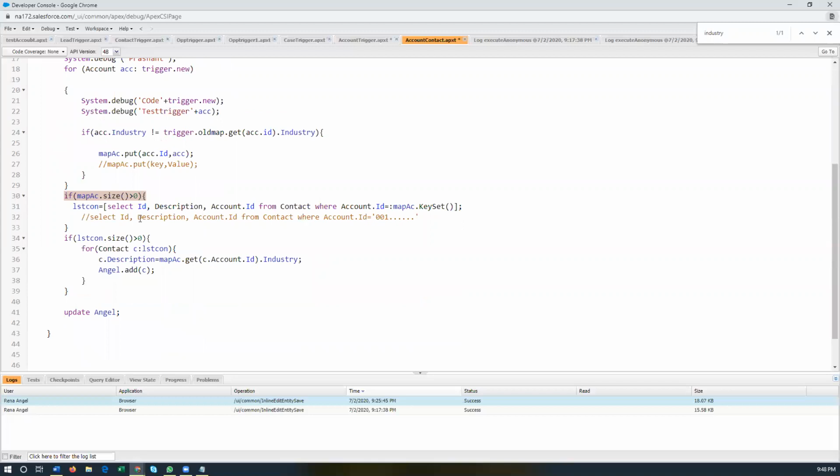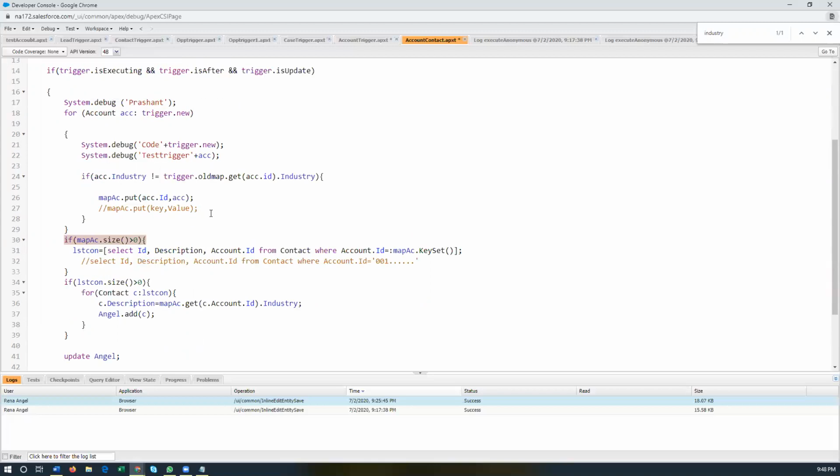Right? But how will your code know? The code will know by line number 24. Okay, now your code has understood that the industry got updated, and by that